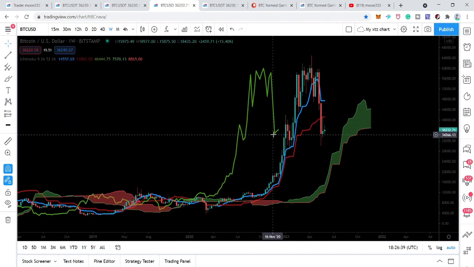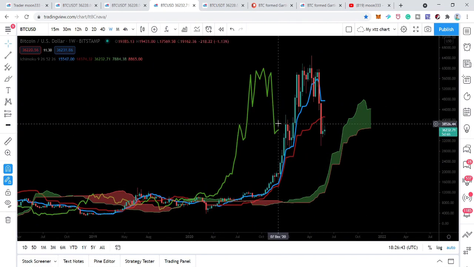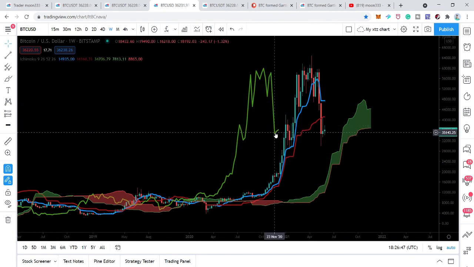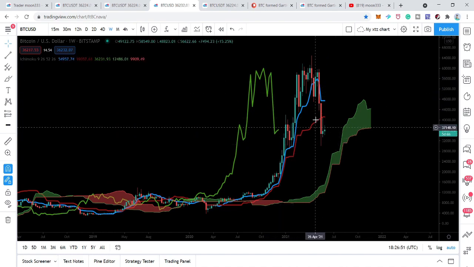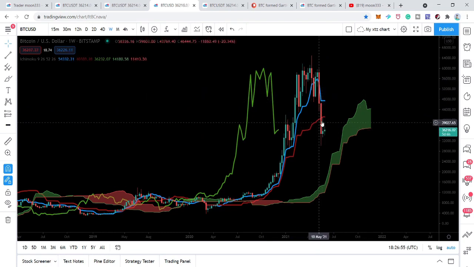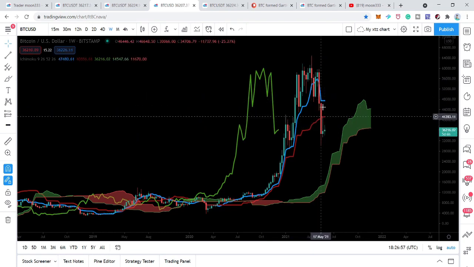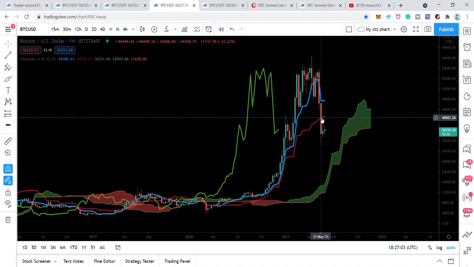In fact, now after hitting this $30,000 support level, these indicators are turning bullish, like the lagging span is moving to the upside, and previously we have seen that this conversion line was moving down to cross down this baseline, this the bullish line and this the bearish line. Whenever we receive the bear cross, when this blue line crosses down this red line, that is a sell signal, a very powerful sell signal on the weekly time frame chart.